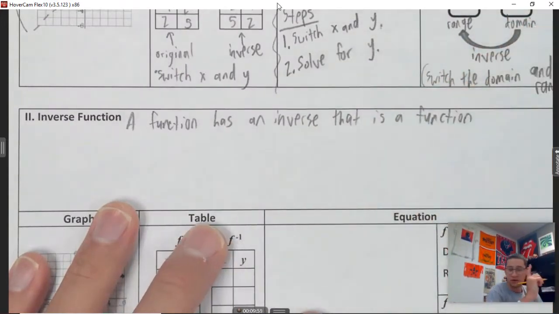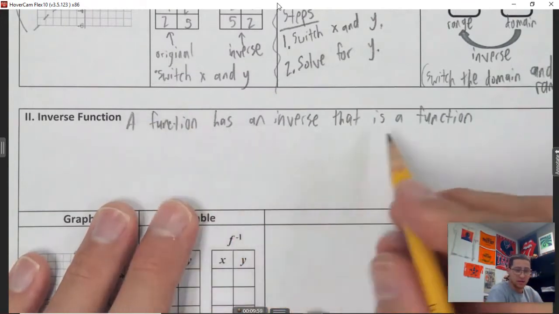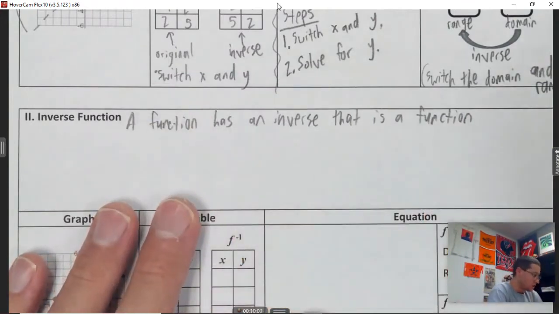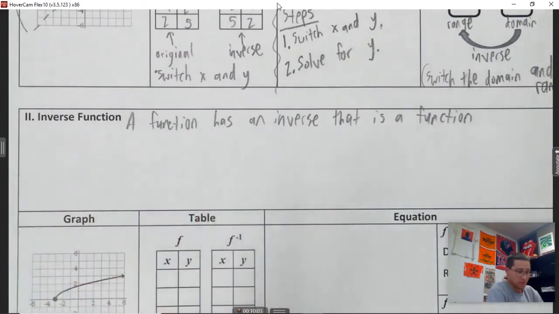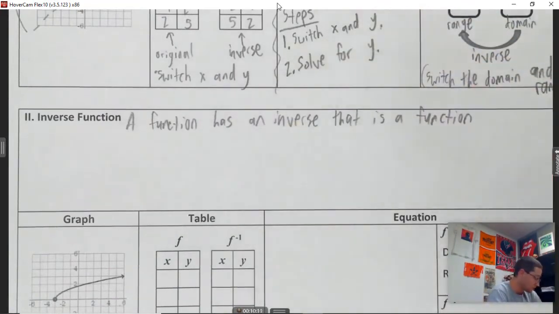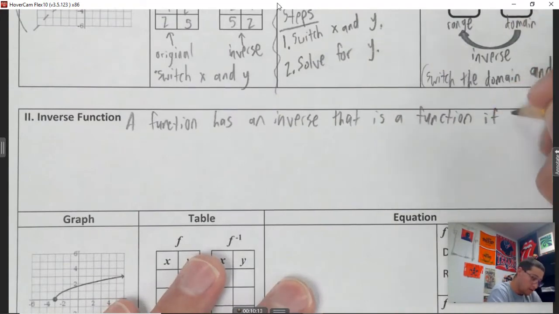That sounds redundant, but it's important. Remember, the only requirement to be a function is that a relation passes the vertical line test. So a function has an inverse that is a function if